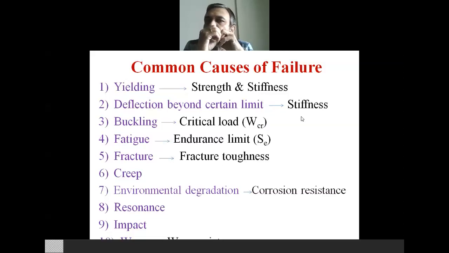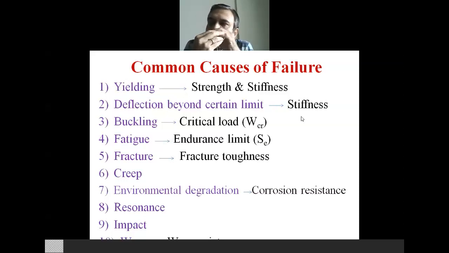And this type of load we call a fatigue load, cyclic load or repetitive load, that leads to fatigue failure. Here you will find it's not your yield strength or ultimate strength. To make components safe against fatigue failure, you have to take care of the endurance limit. We will come to what the endurance limit is when you come across design against fluctuating loads.